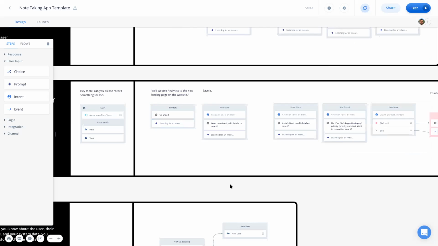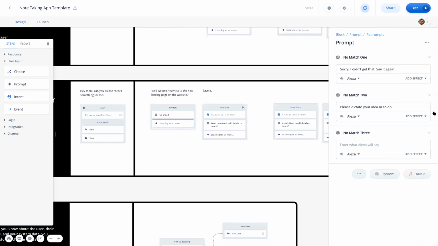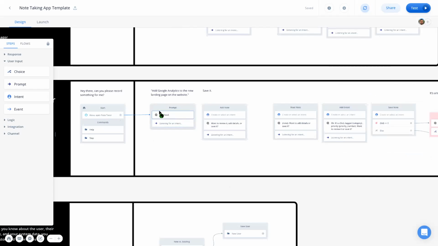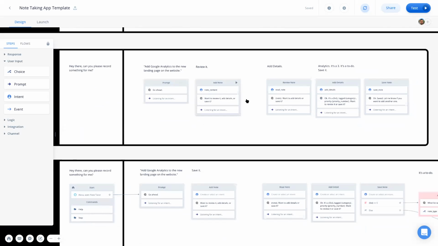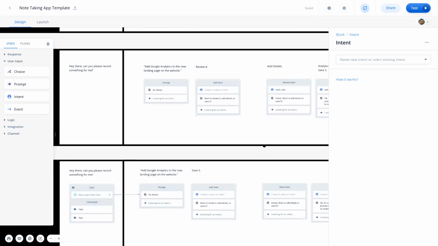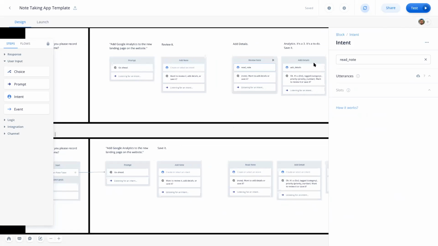And what this helps you do is design increasingly specific instruction for your user on how to correctly match one of the available intents that you're expecting at that step in the conversation. So if I were to get to this point in the conversation and say, find me a restaurant, well, it's not expecting that because none of my intents in this project have defined anything to do with restaurant search or restaurants at all. So what I'm going to want to do then is have those reprompts that are going to say,